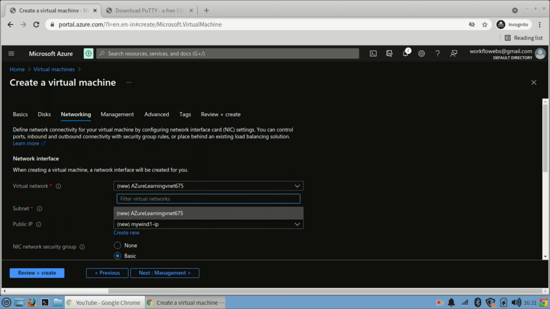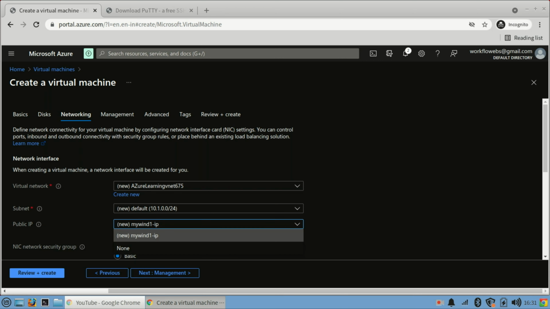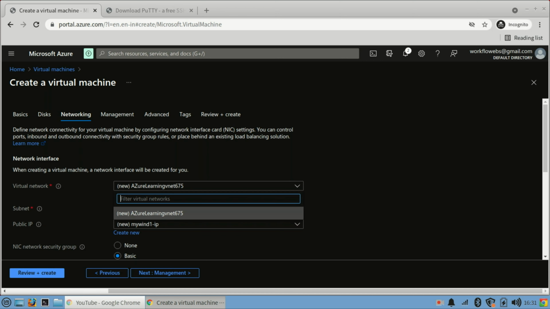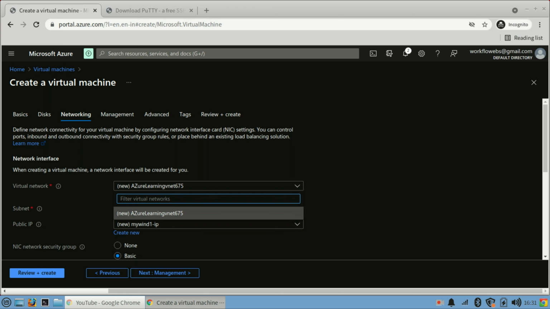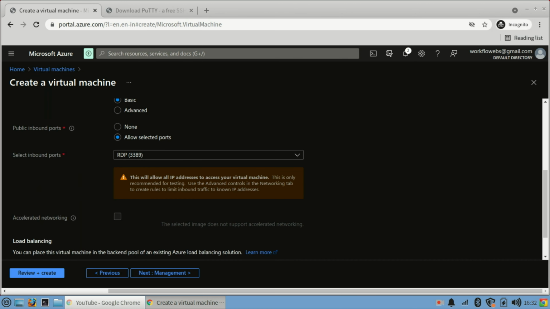So already there was a network there, so I will use the same, okay, that it will create, and this will be the range, okay, and what will be my public IP, okay, or you can create a new, so based on that it will create. So what I will do, I will select this one, this name, or you want, you can change the name of the virtual network. So I will keep it default. Then this is the public IP, these are the default settings.